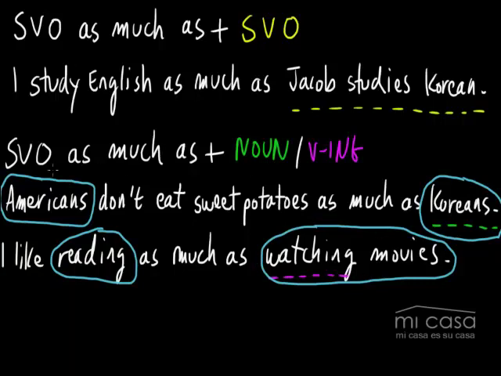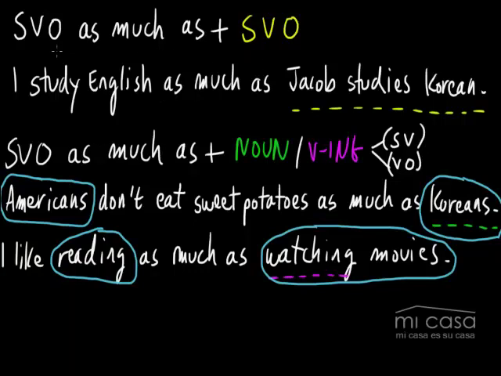It's shorter. So this structure right here is the same as this one, but we're omitting the last part. It could either be the subject and the verb, or the verb and the object. Actually, I mixed those up. In this first sentence, we're omitting the verb and the object. We're leaving it out, so I'm going to put it in parentheses. In this sentence, we are omitting the subject and the verb. But the structure is basically the same as this one.